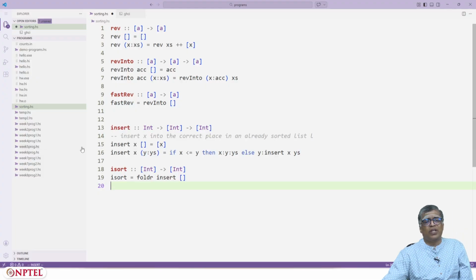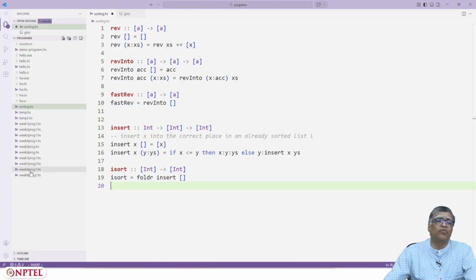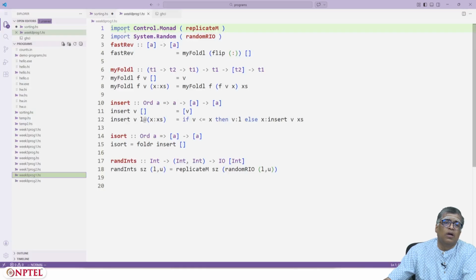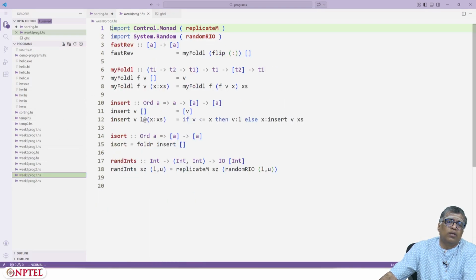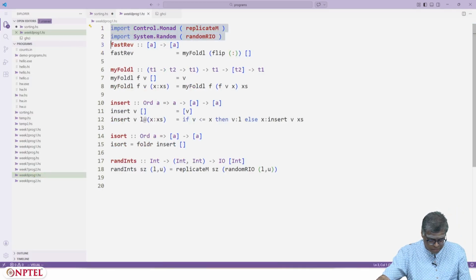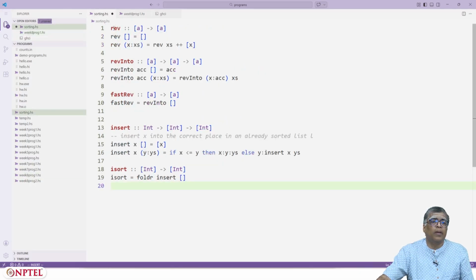Let's actually test whether the sorting algorithm works properly, and for that I will just recall that we had introduced randomization in an earlier lecture. So how to generate a random list. I will just copy paste that whole thing into this file.